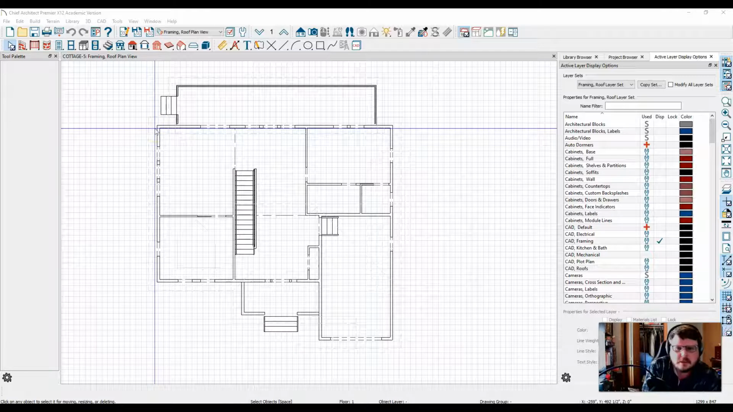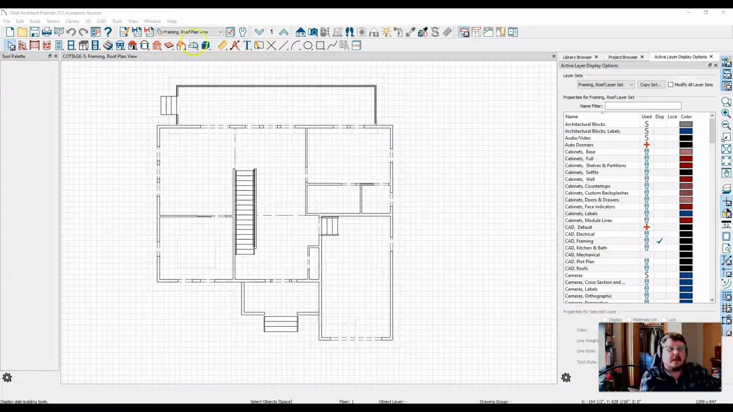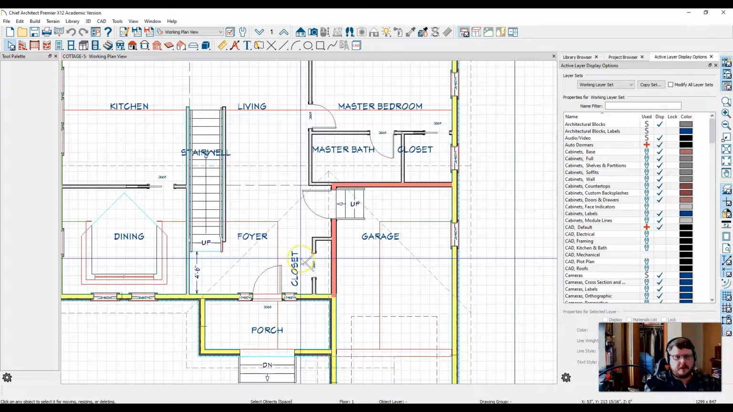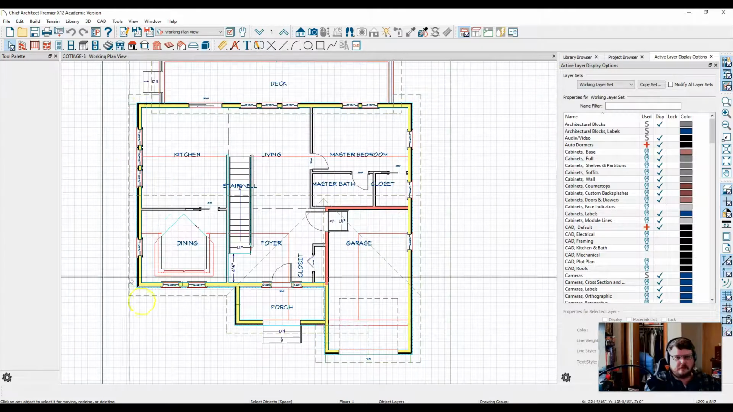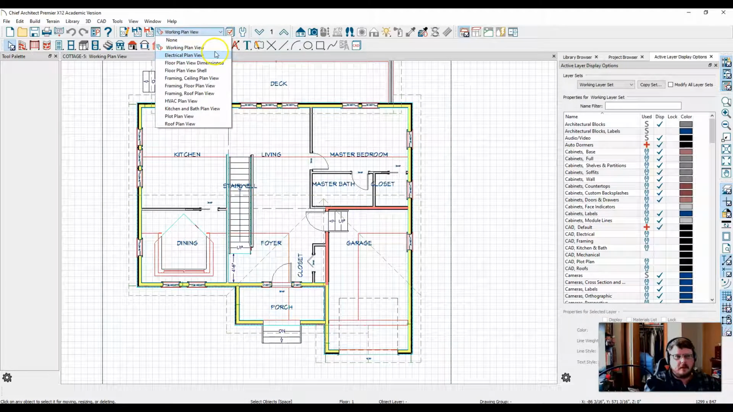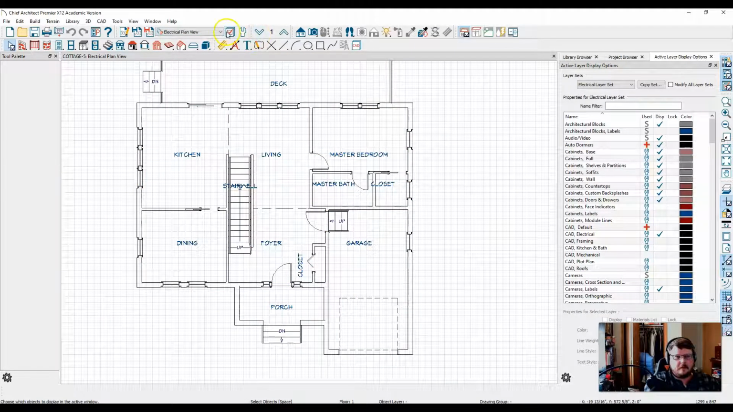So here's the cottage as it is. There's one thing that we haven't really drawn a whole lot of attention to yet, and that's up here: the different kinds of plan views. The working plan view is the one we played with at first, and it just has all of the different kinds of walls that we have described in our plan. Electrical plan,